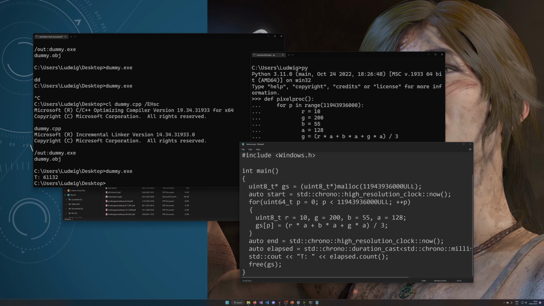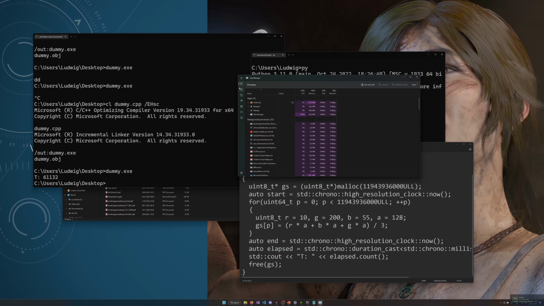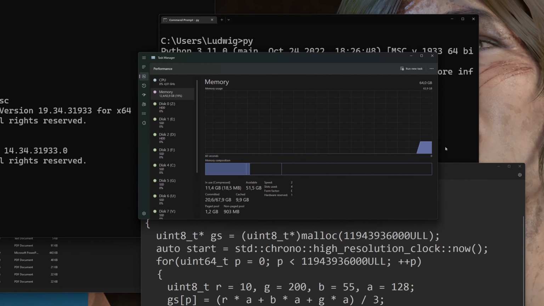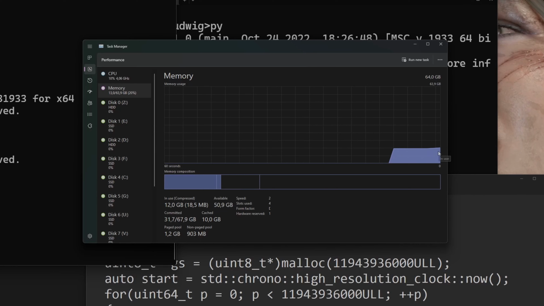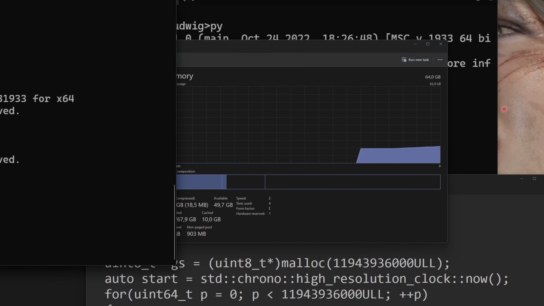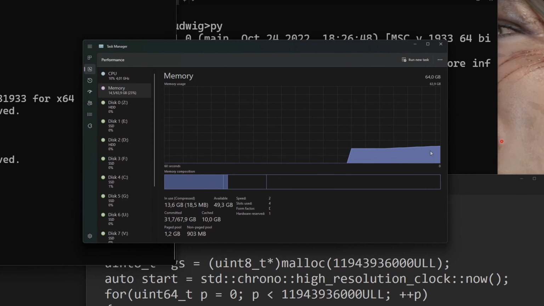This should be also, I don't know if Task Manager, do you have historic values on memory? No, you don't. But if I would run dummy.exe, you should see a peak here. Why don't I see a peak? Where is my peak? What the actual hell? Why do I not? I mean, I see it because Microsoft is consuming it. Okay, it seems like Microsoft is a bit smarter than my application, and it's swapping or it's page faulting and